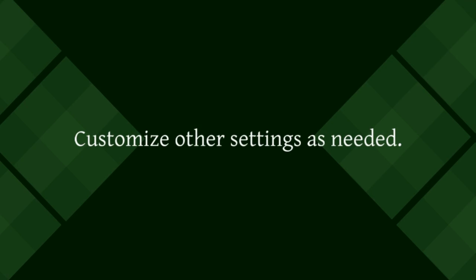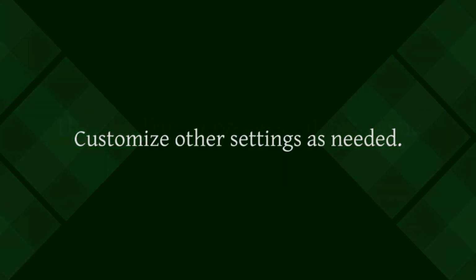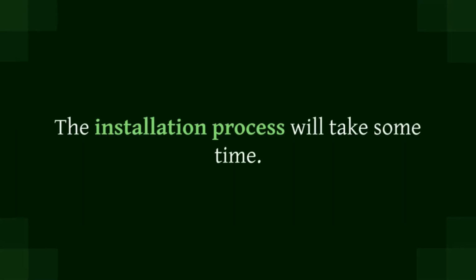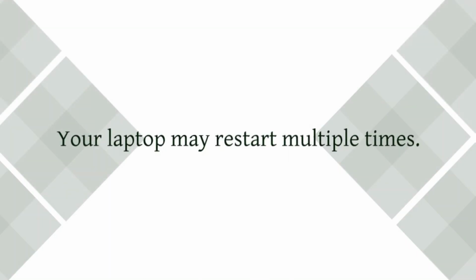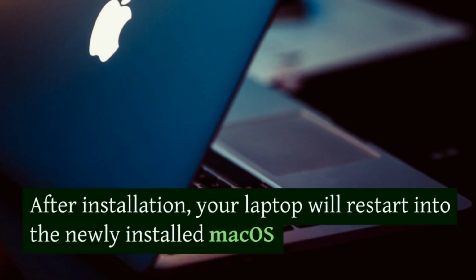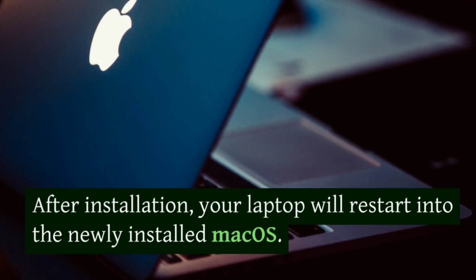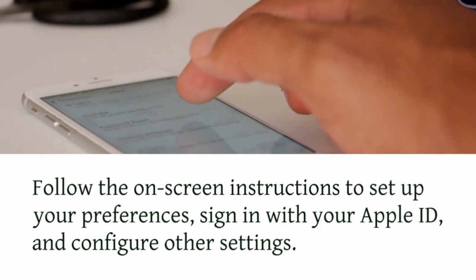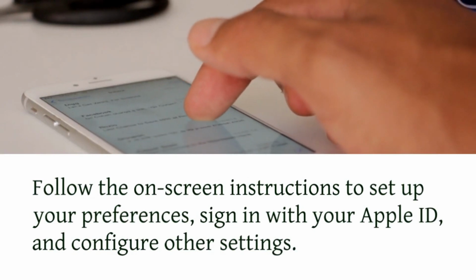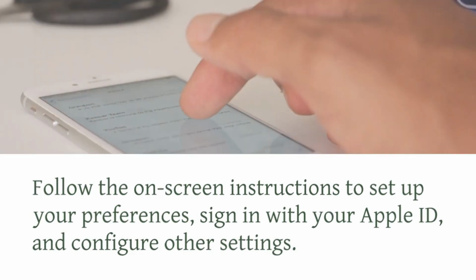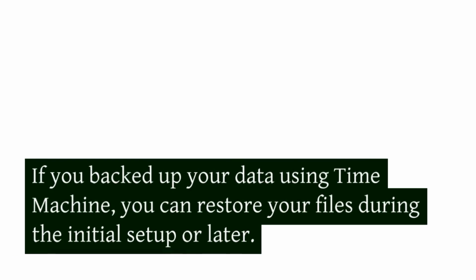Steps to install macOS. Download macOS installer. Open the App Store on your Mac. Search for the macOS version you want to install, e.g., macOS Big Sur. Click on the appropriate macOS version in the search results. Click the Download button to start downloading